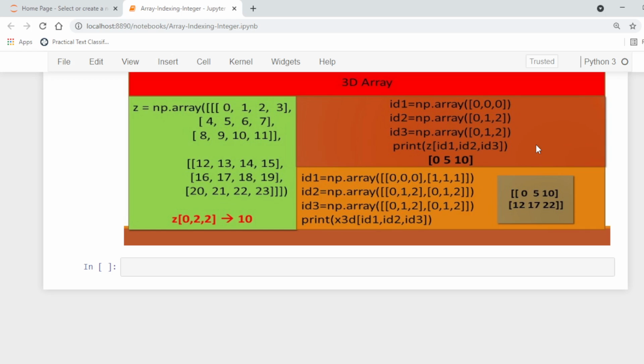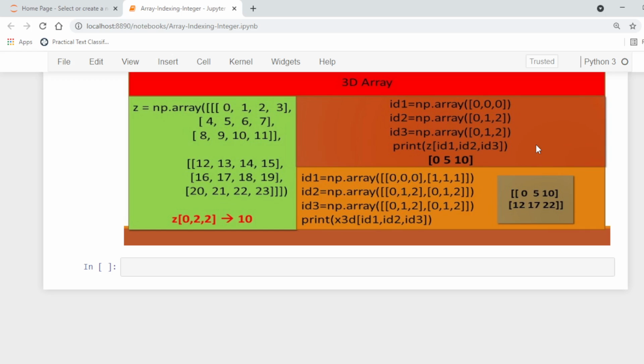Because we are picking values at 0, 0, 0, it means that we are picking the value from the 0 block, in the 0 row and at the 0 column, which is 0.